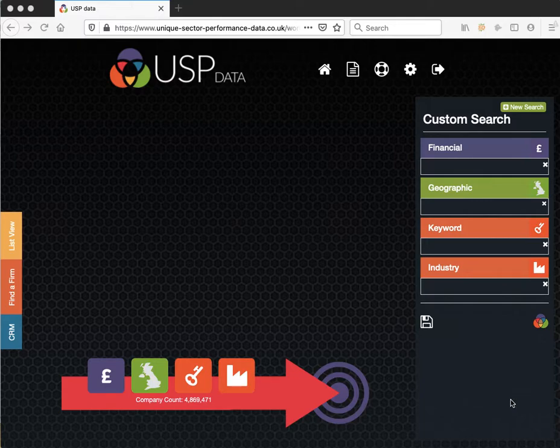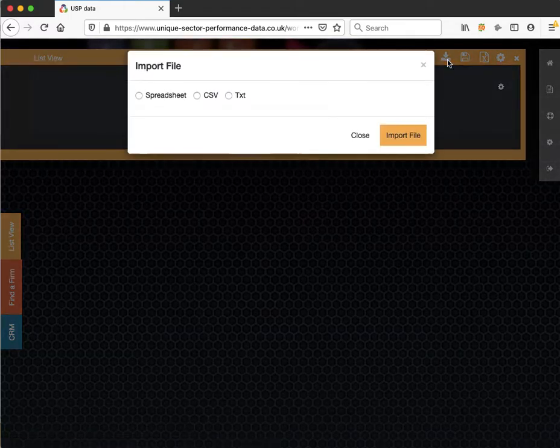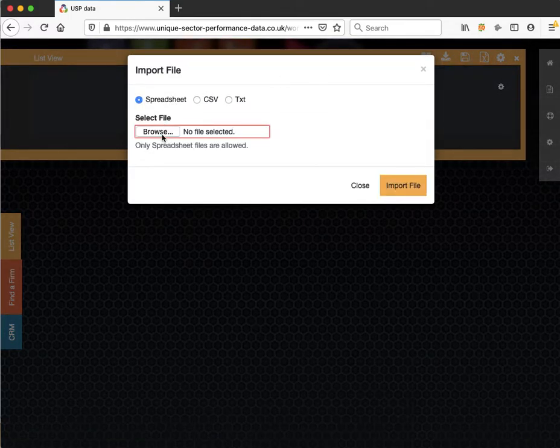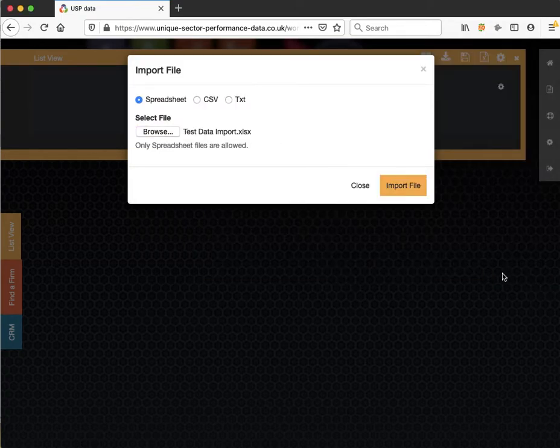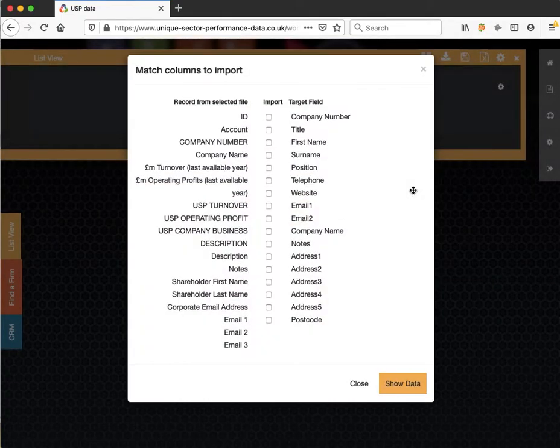Of the updates that have been made to the system, and hopefully with a couple of examples, I'll show you the utility of this. So the idea is that what you can now do is import listings. So I've got a list here which is in the form of a spreadsheet called test data, and I'm going to import just the